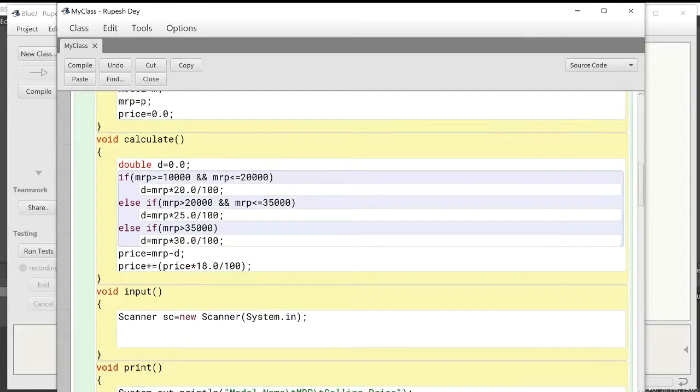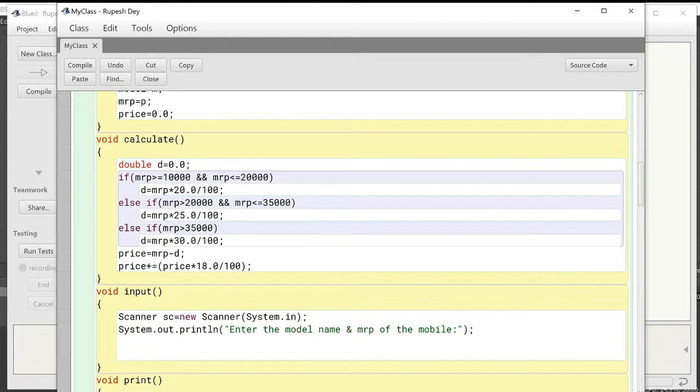Then you prompt the user to enter two values, the model value and the MRP value. System.out.println, enter the model name and MRP of the mobile.